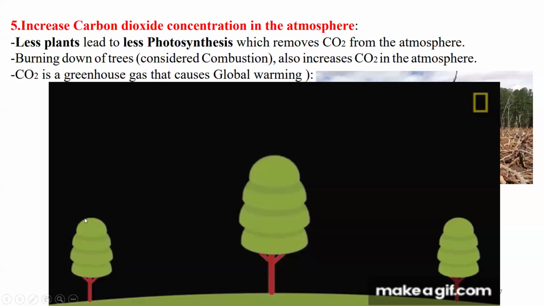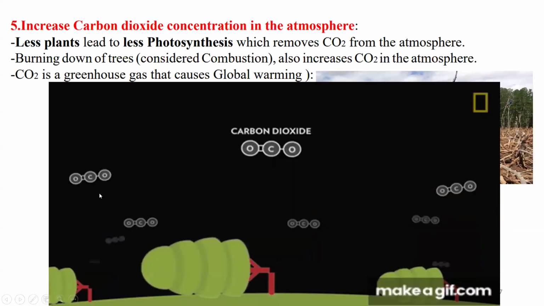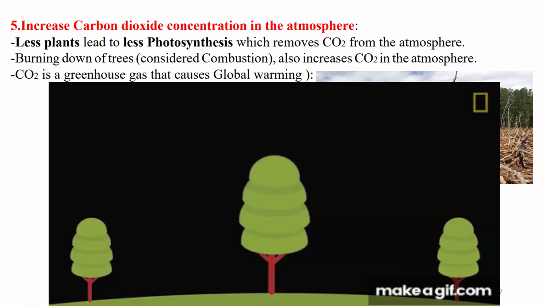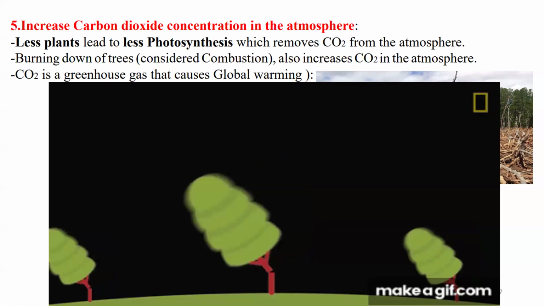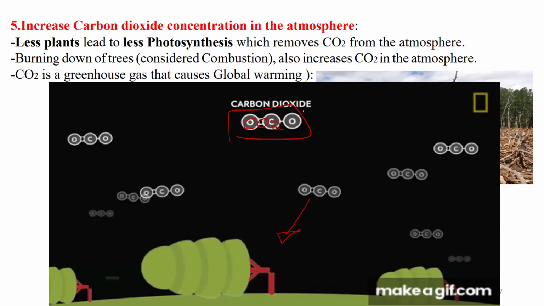Now, some of you, or one of you actually, when I asked what are the disadvantages of deforestation, he told me global warming. He was very correct. Let's take it also and break it down, because this can be a question on its own. When you're cutting down plants, just like here, you will have an increase in the concentration of CO2 because you will have less photosynthesis, more CO2. CO2 is a greenhouse gas.